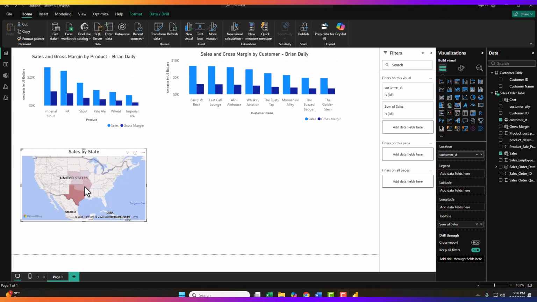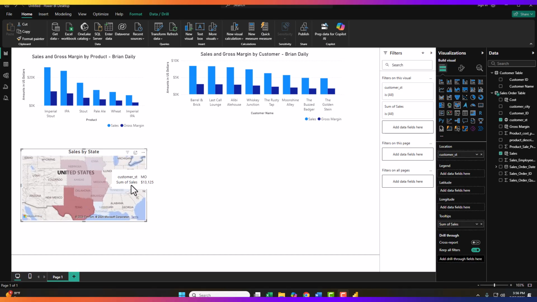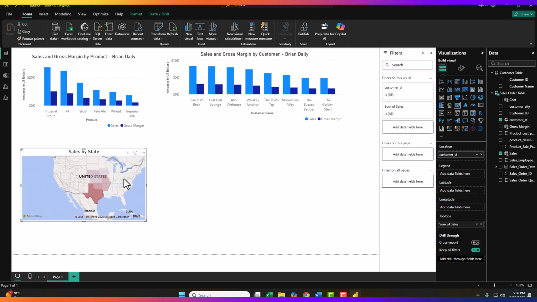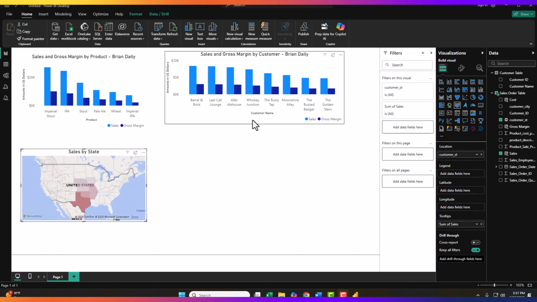All right, I got that map looking better. If I want to zoom in a little bit, I can use the mouse wheel and zoom in. I think maybe build a double click possibly to zoom in too. That's up to you, but you can zoom in or zoom out as you need. So that's our third visual, and now our last visual is going to be a matrix that's going to list